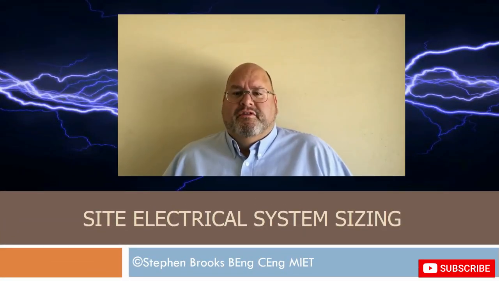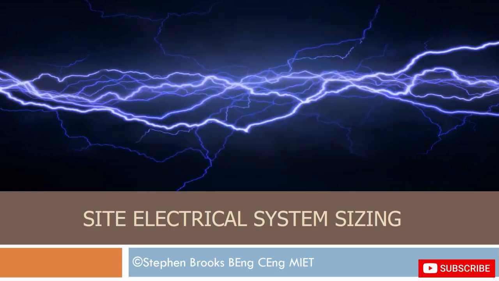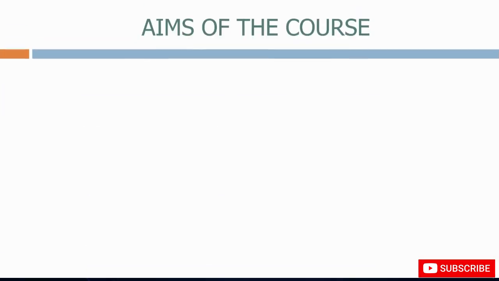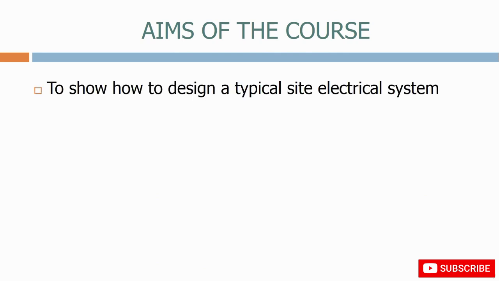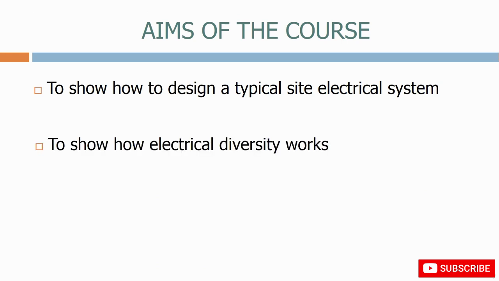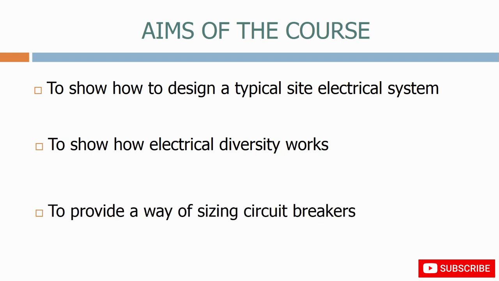In this section, we will provide some basic principles of how to size the circuit breakers that make up the site electrical system. We also introduce the principle of electrical diversity and provide some simple guidance of when and how to use it. The aims of the course today are to show how to design a typical site electrical system, to show how electrical diversity works, to provide a way of sizing circuit breakers,